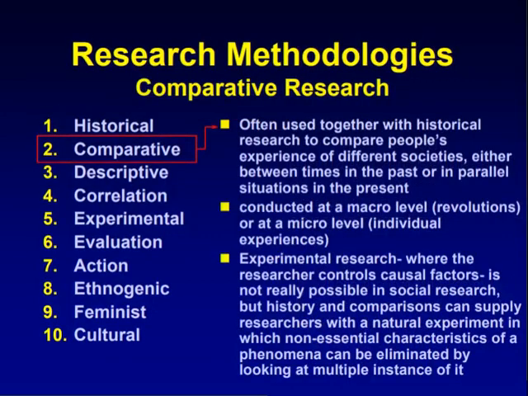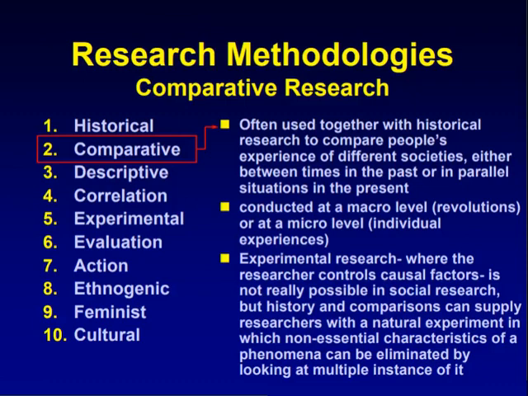In comparative research methodology, often used together with historical research to compare people's experience of different societies, either between times in the past or in parallel situations in the present. Conducted at a macro level, revolutions, or at a micro level, individual experiences. Experimental research, where the researcher controls causal factors, is not really possible in social research, but history and comparisons can supply researchers with a natural experiment in which non-essential characteristics of a phenomena can be eliminated by looking at multiple